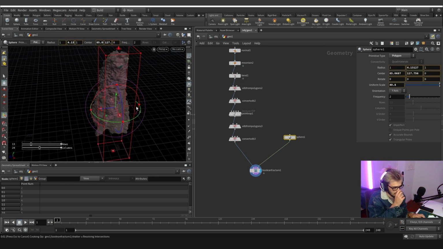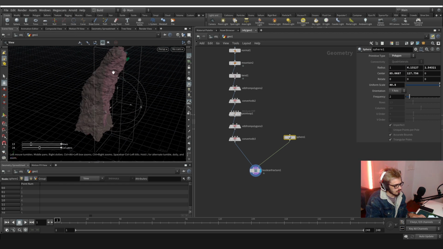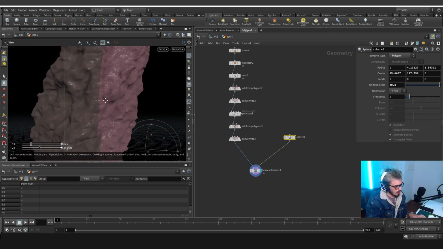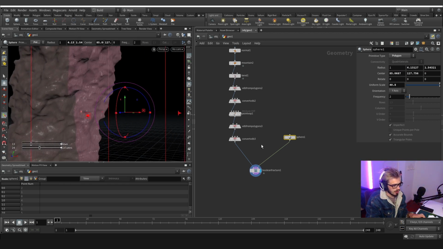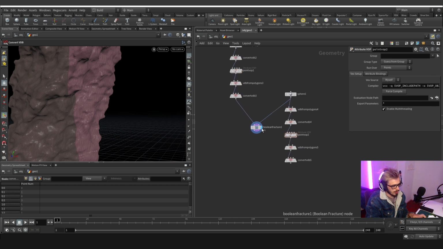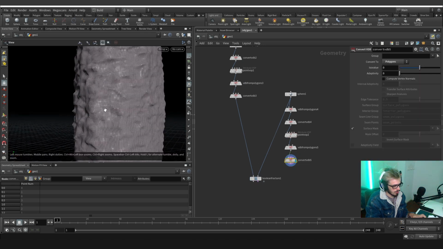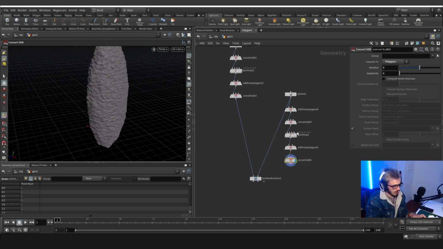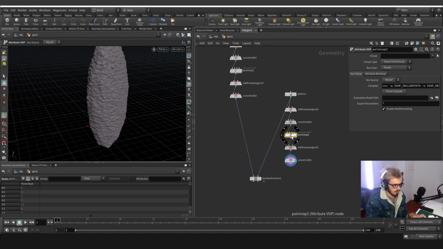We can expand this further, and we can see we actually need some more detail. So let's copy and paste these two. Let's plug it in here, and let's see how it looks. Maybe we need a little bit more displacement, maybe here,